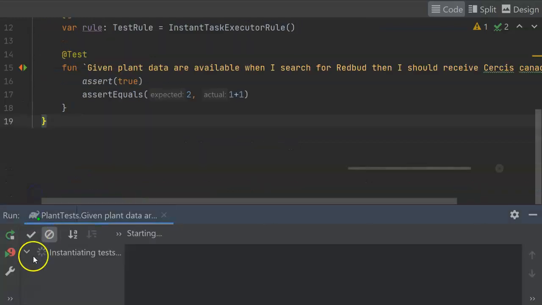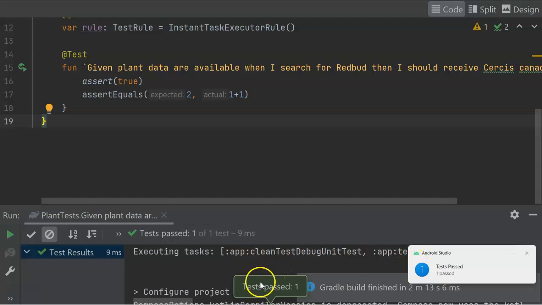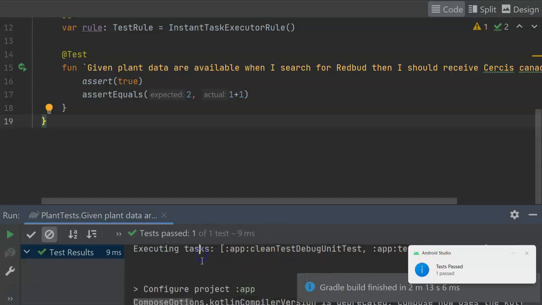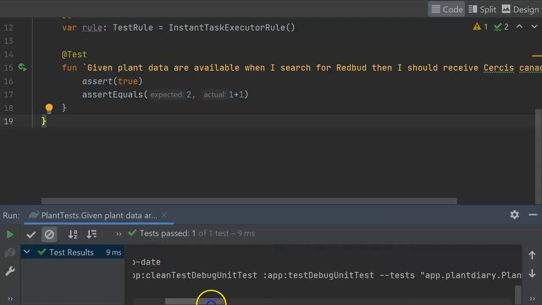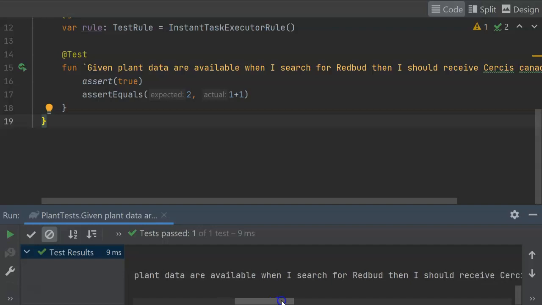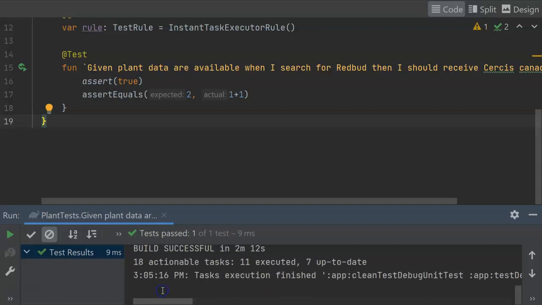So I can right-click here and choose Run, and we can let it go. And after just a moment, we get a notification here and here that our tests have passed. We can scroll down and take a look at the results. And if I scroll to the right a little bit, we see specifically: given plant data are available, when I search for redbud, then I should receive Ursus canadensis. So we can see conclusively at this point that our test is passed. Of course, we're not really testing anything serious just yet, but we will get to that in the next few